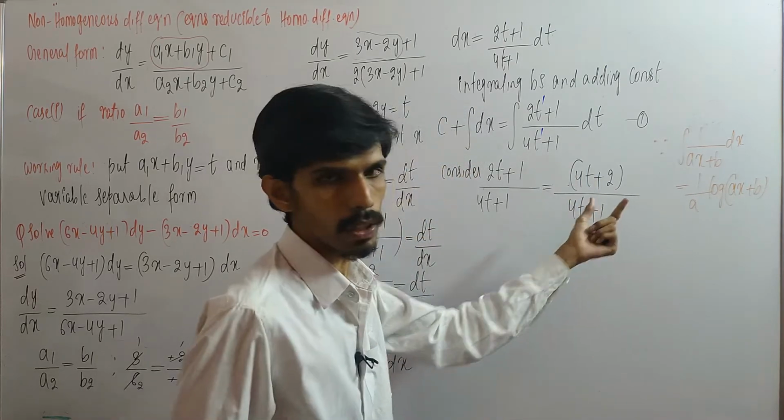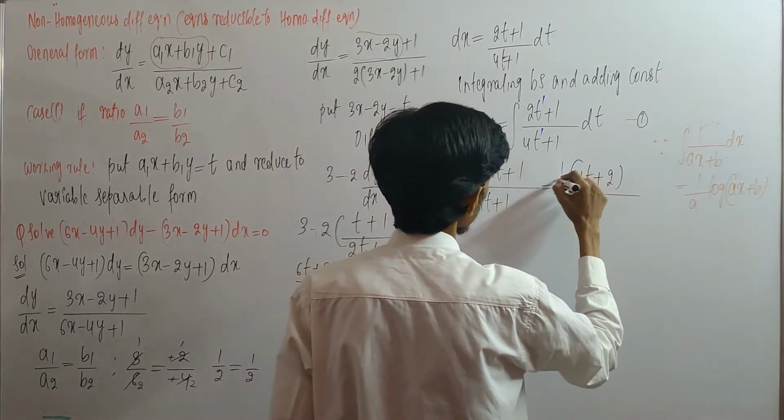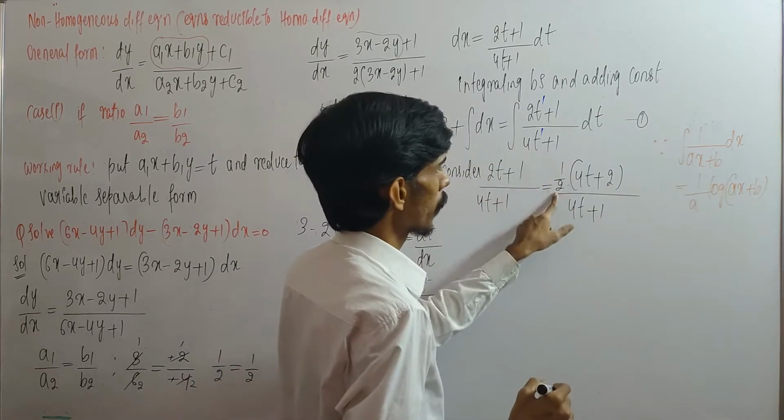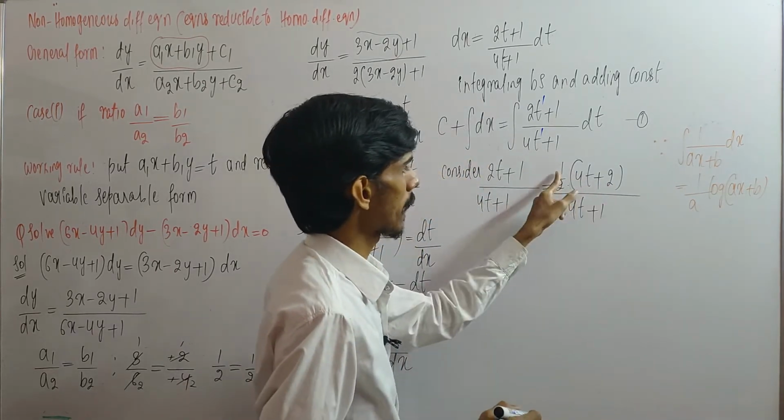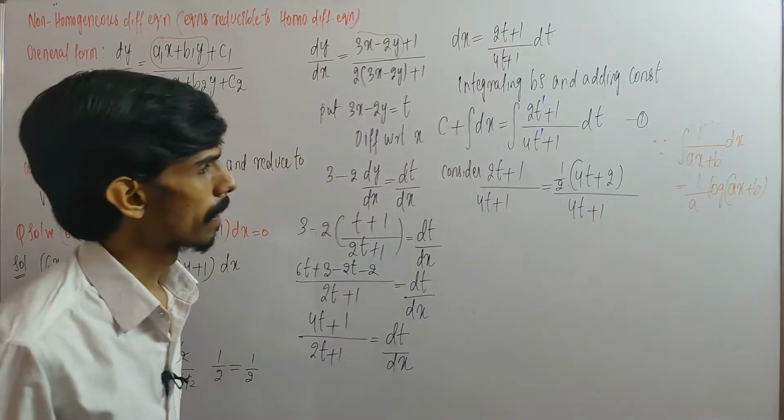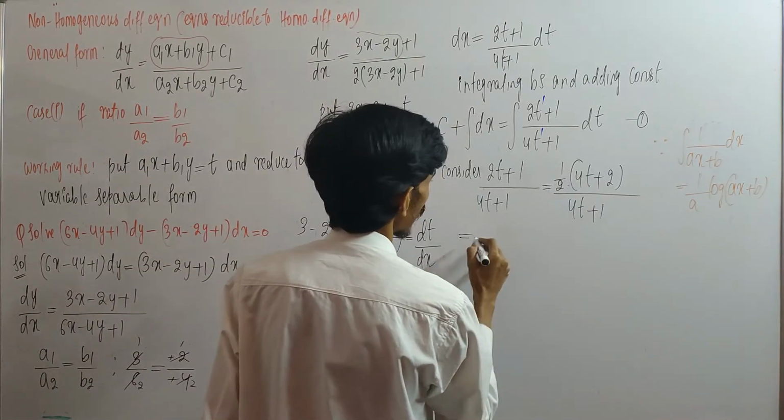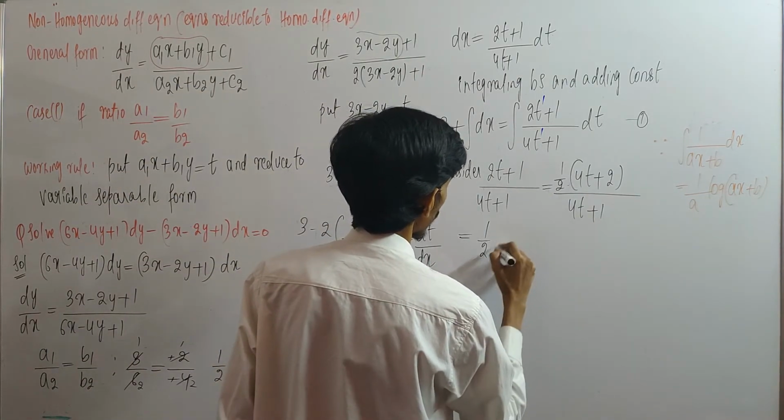Then to balance this equation, we have to multiply 1 by 2 also. So 1 by 2 into 4t plus 2. If I take 2 common and cancel with this, then we will get this term. Now after that, here we have 1 by 2 into